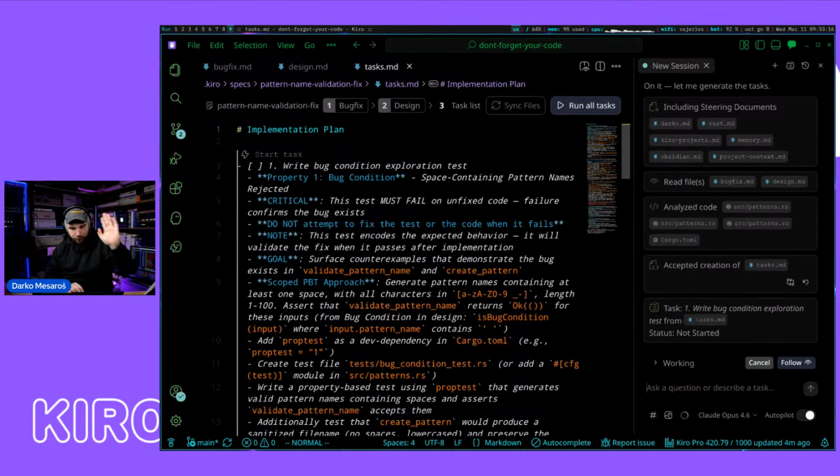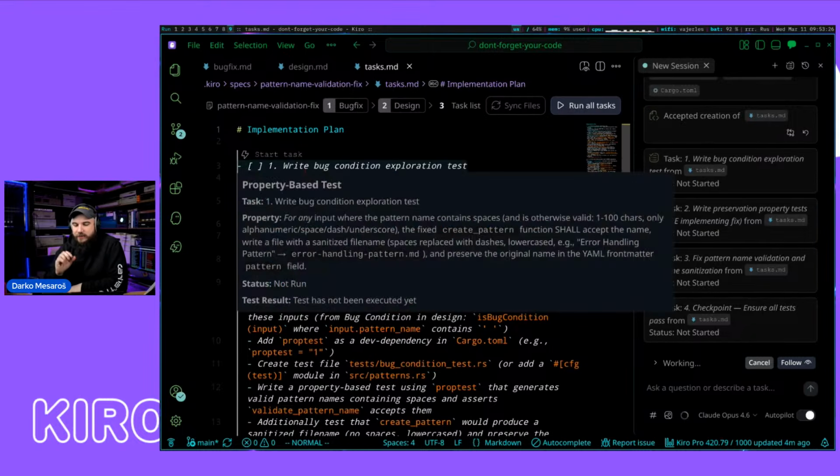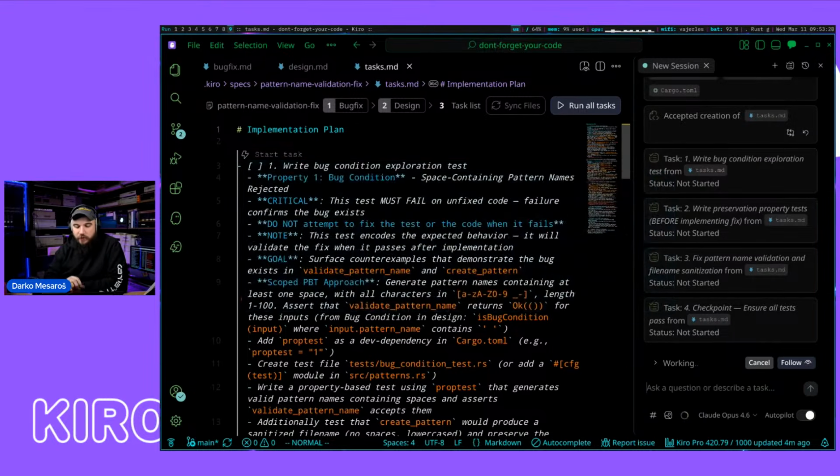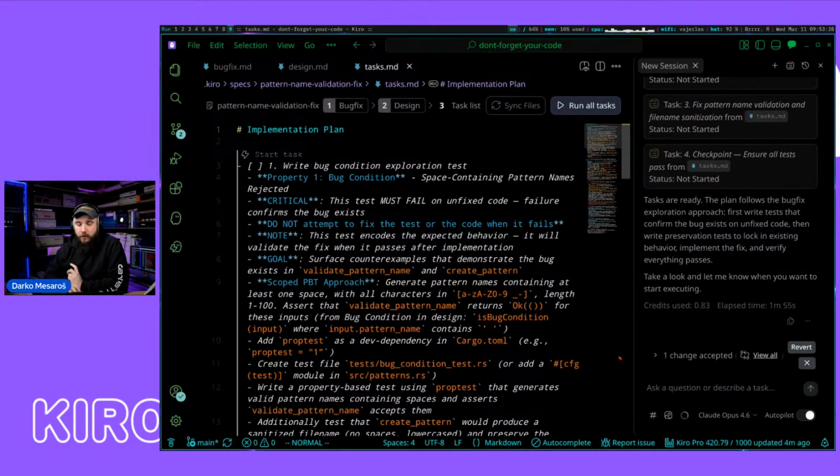So, okay, we have tasks. What has happened right now? You will see that the implementation plan is very interesting. First of all, it actually writes exploration tests. It wants to confirm that the bug exists. So far, it hypothesized that it exists. It has looked at code. Sure, it can think that the bug is there, but it hasn't tested it. It hasn't actually done anything. So it's going to write these tests to ensure that the bug exists. So this test must fail, right? If it doesn't fail, it's going to tell me, hey, listen,